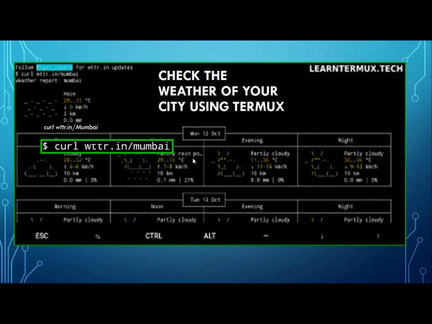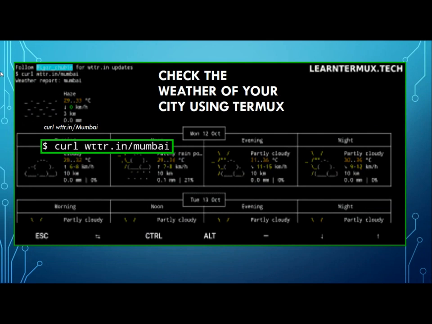But this needs an undetectable mode for your payload. A payload is nothing but a malicious virus or malicious information sent to the victim. So we can use an undetectable payload to gather information and gain access over the victim.